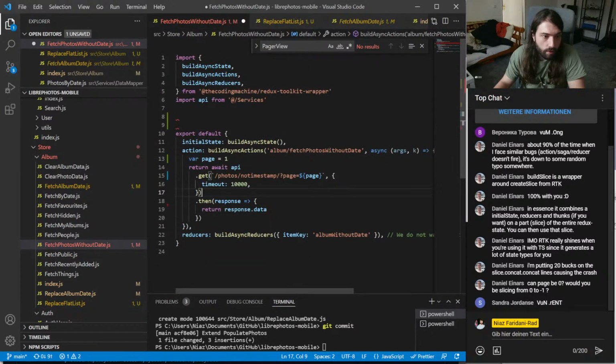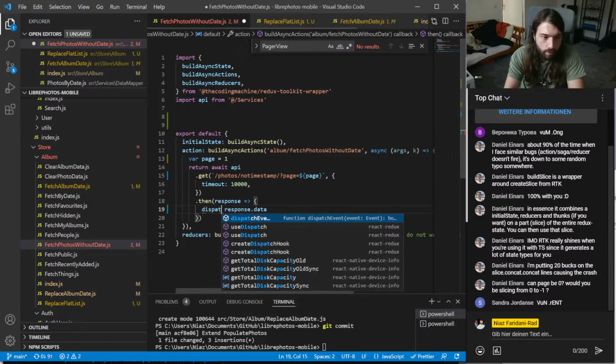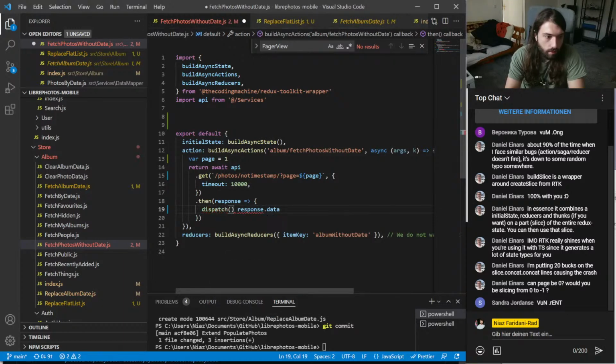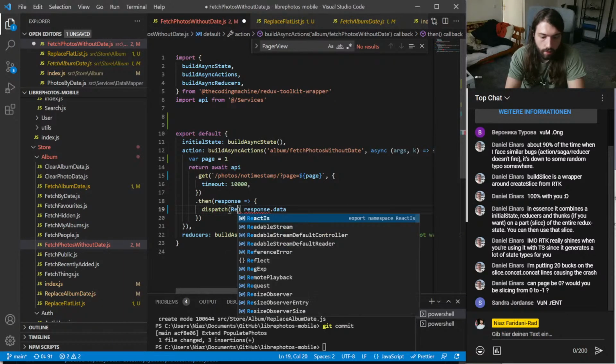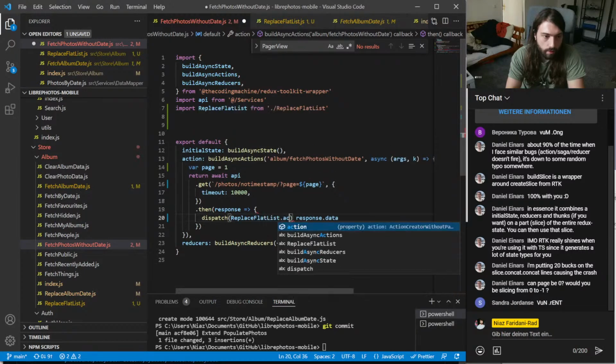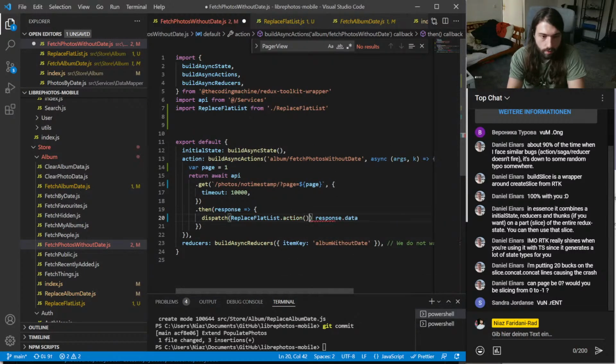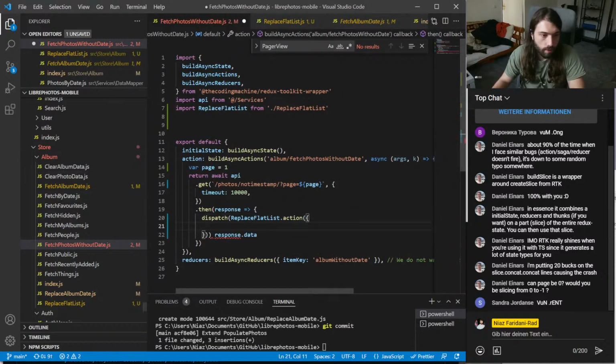Let's do this. So we are now doing here a dispatch of replace flat list action. Okay, and then we have fetched page equals page.